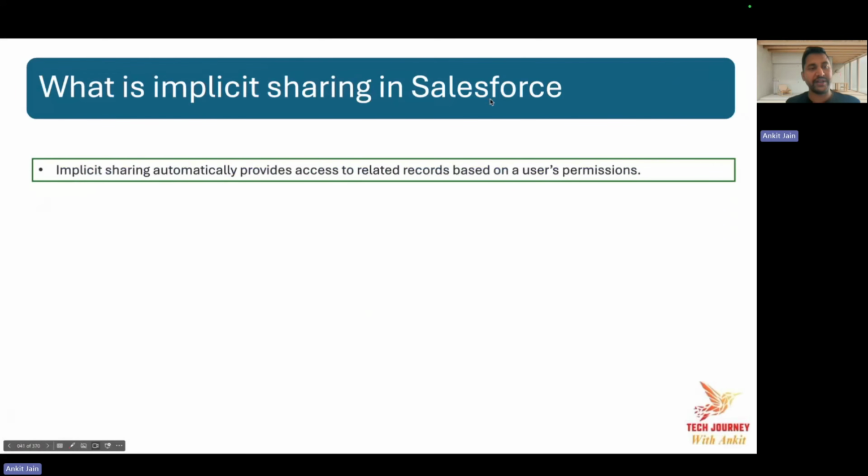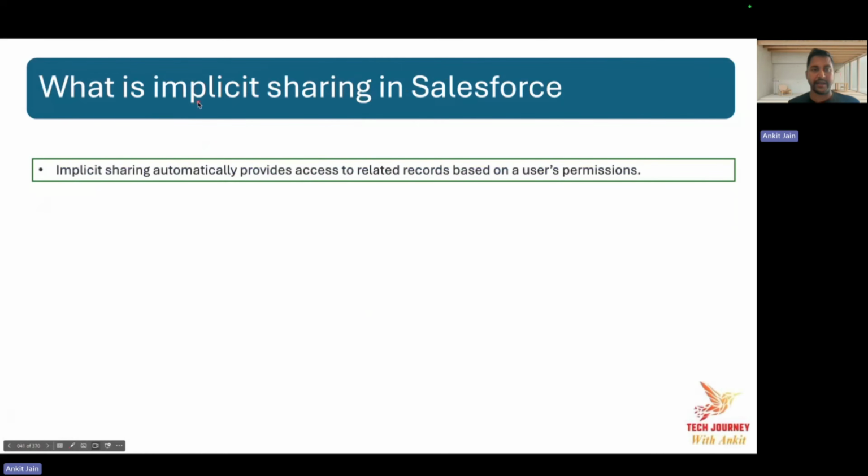So implicit sharing means automatically provide access to the related records. For example, if you are accessing the parent, automatically extend the access to the child. Or if you are accessing the child, automatically extend the access to the parent based on the user's permission.